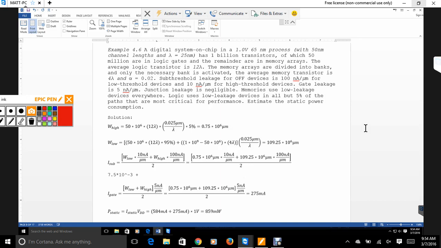Plus 109.25 times 100 times 10 to the 6 times 10 to the negative 9, which is 10 times 10 to the negative 3. Equals